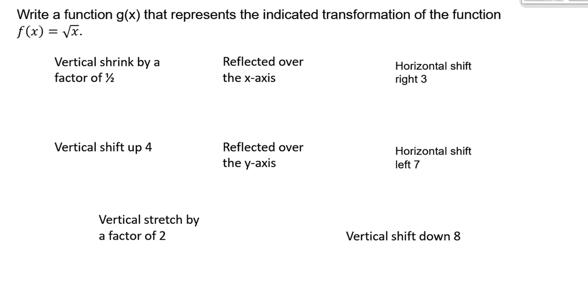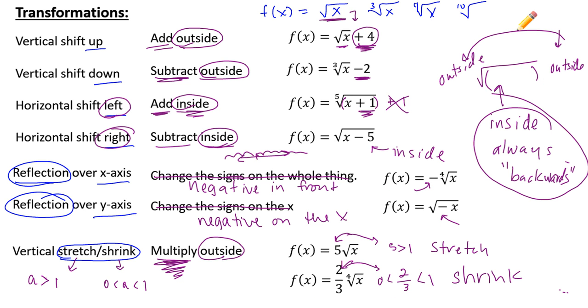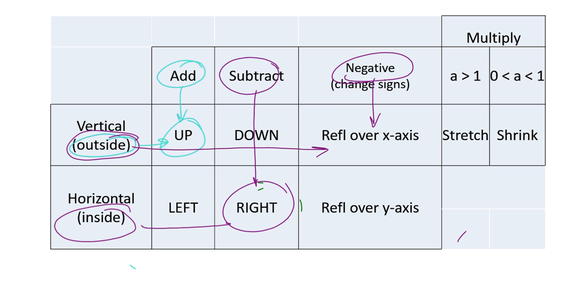All right, so now we're going to work backwards. I'm going to tell you what to start with, and you're going to make these transformations and come up with the new function. We're going to call it g of x. So first one says vertical shrink by a factor of 1/2. All right, going back to our cheat sheet, I'm using it backwards. If we want to do a vertical shrink,